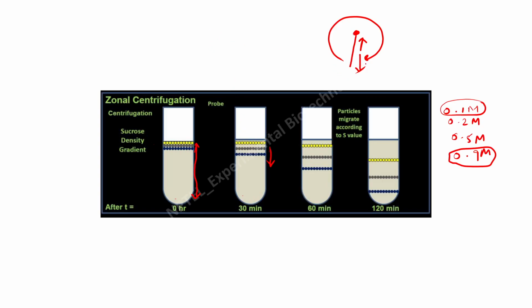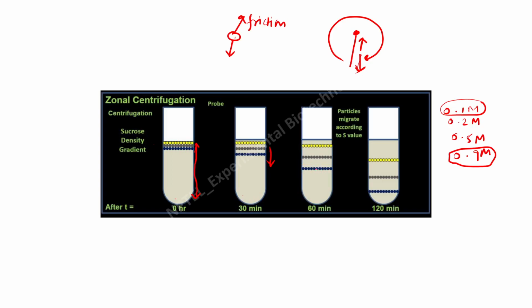So basically the centrifugal force that I drew here, if I have an object, the centrifugal force will be downwards, but there will be another force which will be due to the friction, right? That would basically resist the movement of the sample. So if the friction is high, the movement of the sample will be slower, and that's how we will have